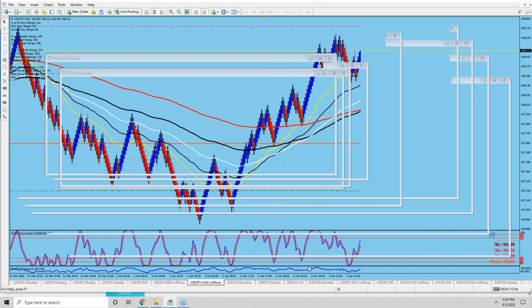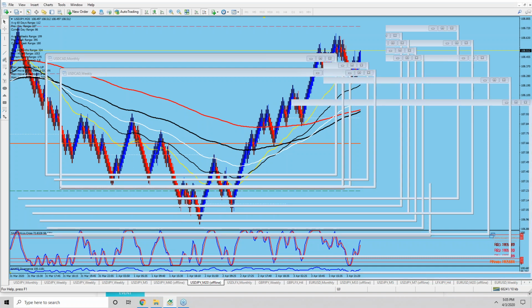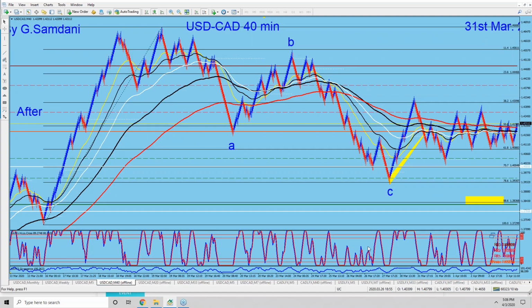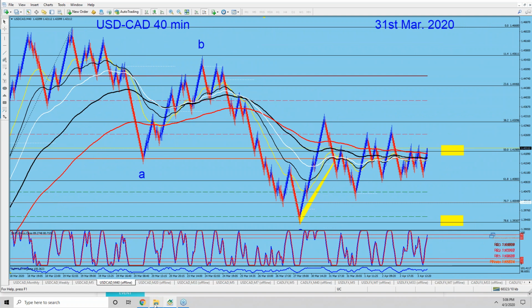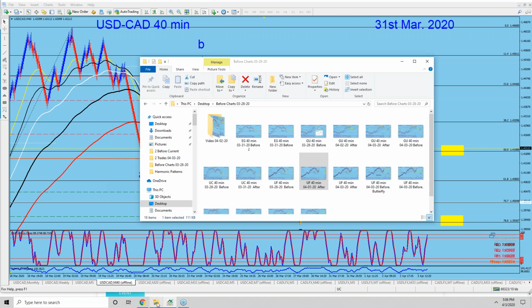I made the chart that it's going to go up. It went, right? And then after that, CAD started getting strong. So it's probably dropping as it is. And with the USD weakness, it's going to drop even more. Here, so this was my chart, the one I gave you, right? That from here is going to go up. So basically, it went up and then sideways, right? Now we need USD weakness. Boom, it's going to drop.